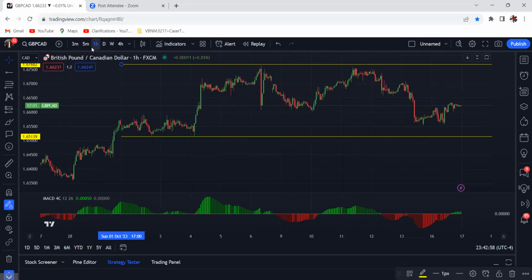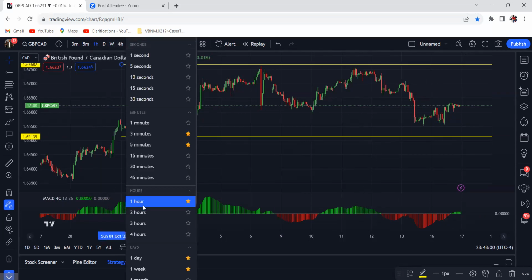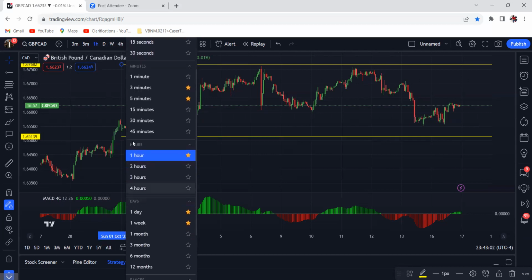All right, guys, think about it. Look at the time frames. You have minutes time frames. You have 1 minute all the way to 45 minutes. Me personally, I don't use 45 minutes. I don't even use 30 minutes. The only time frames I usually utilize within the minutes is the 1, 3, 5, max 15. Then you have your hours time frame, 1 hour, 2 hour, 3 hour, 4 hour. I don't use the 2 or 3. I mostly focus on the 1 and 4.